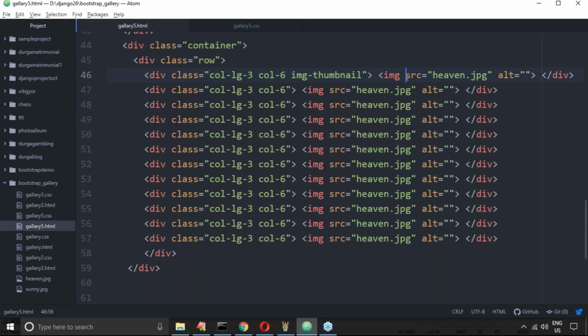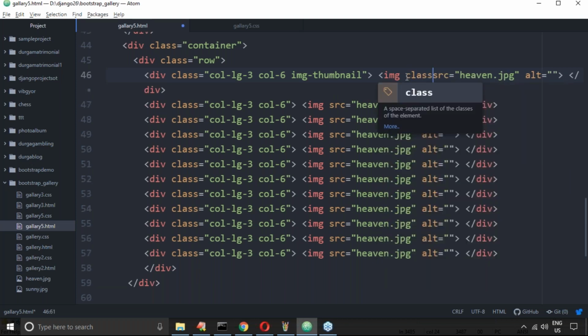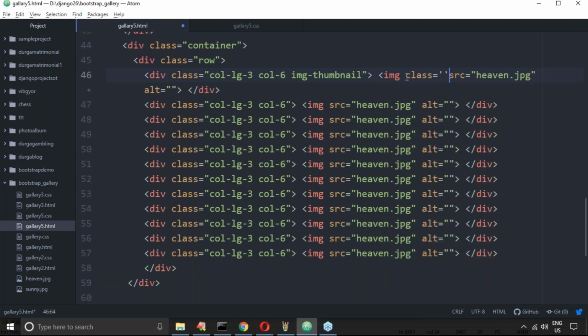Image class is equal to... There is one class for the image. What is that? Anyone? The image flow should be from the left side.